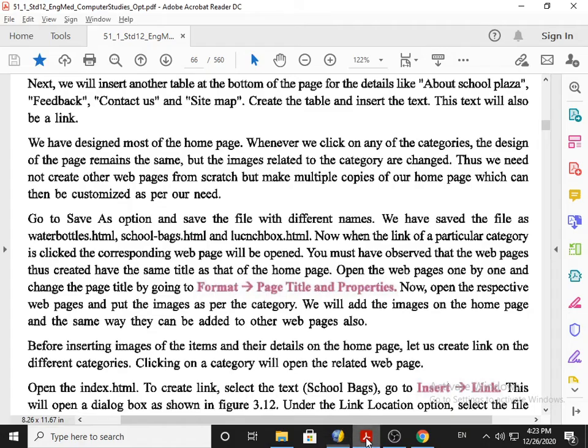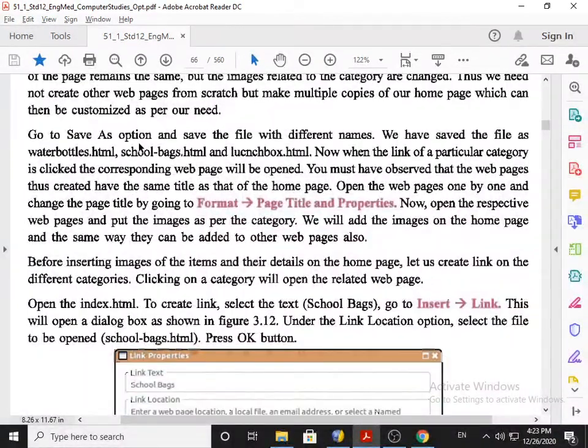Now let's see what the textbook says. Go to the Save As option and save the file with different names like waterbottle.html, schoolbags.html and lunchbox.html. Now when the link of a particular category is clicked, the corresponding web page will open.